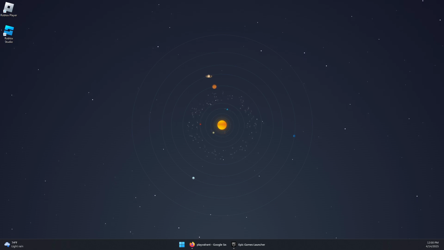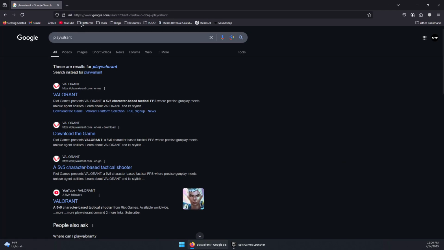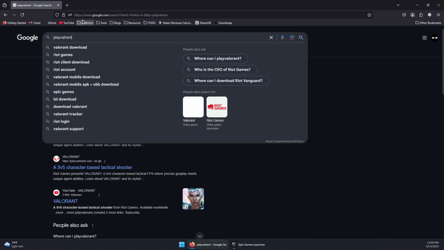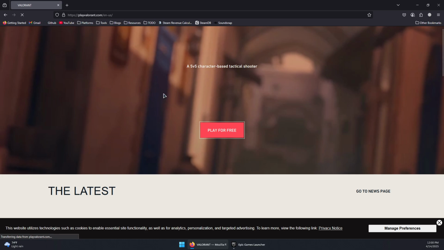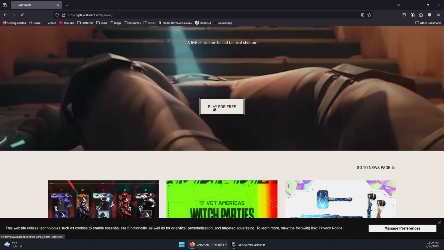Here's how to download and install Valorant on PC and laptop. So first you will need to go to the browser and search for Play Valorant, and then click on the first link and it should take you to the official Riot website. Now you can click on Play for Free button